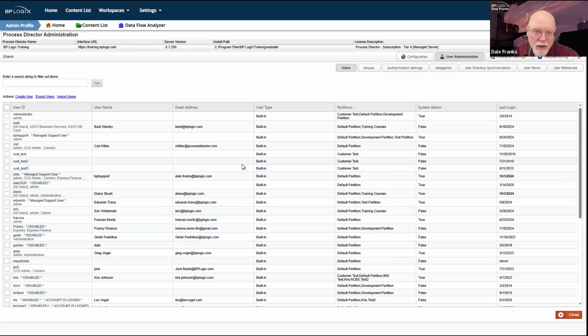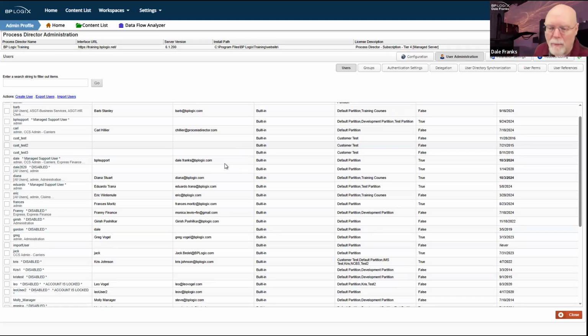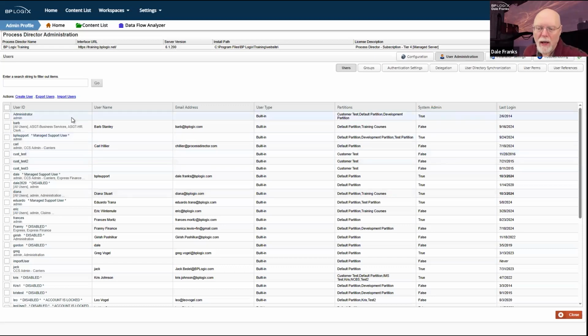In addition to that, there's a couple of custom tasks to provision new users or to edit existing users. You can actually create a process using a custom task and a form or process timeline, and you can create new users on your system or edit existing users on your system. That's available to you as well. But in general, you can just do an export or import.